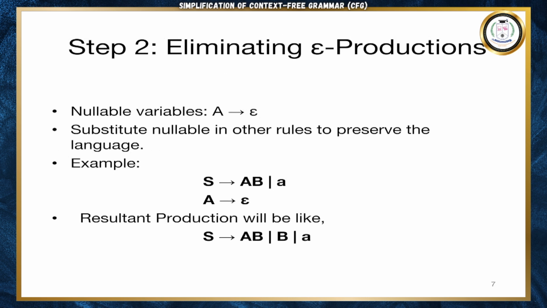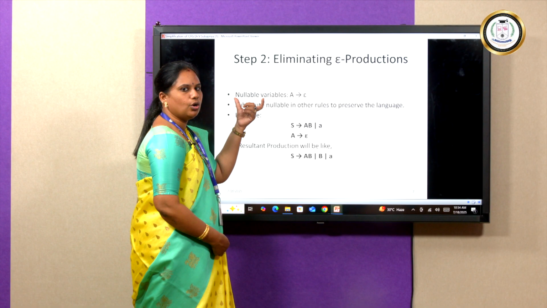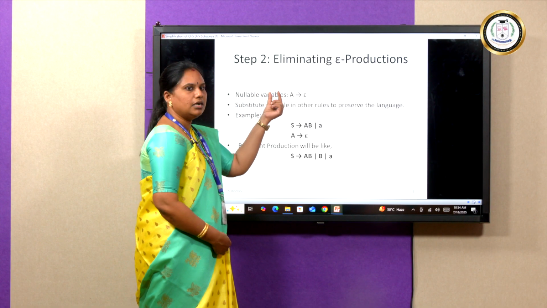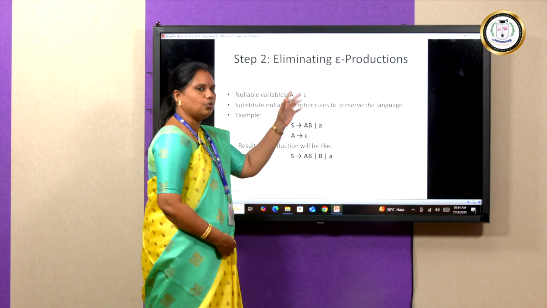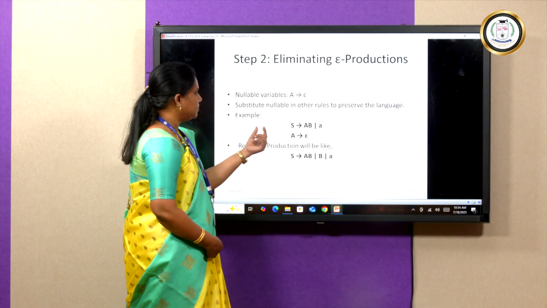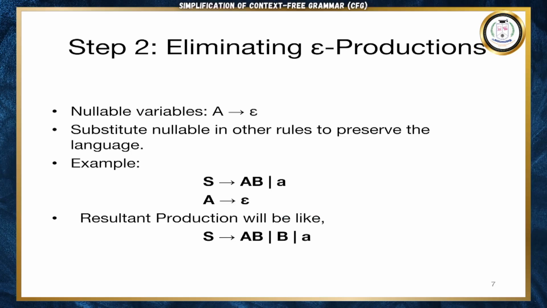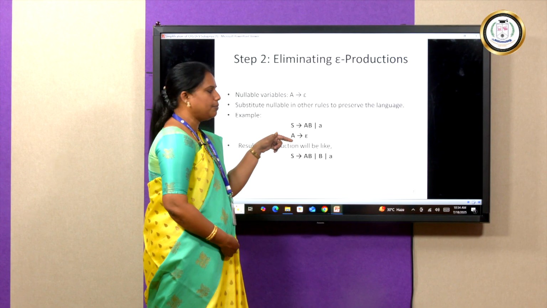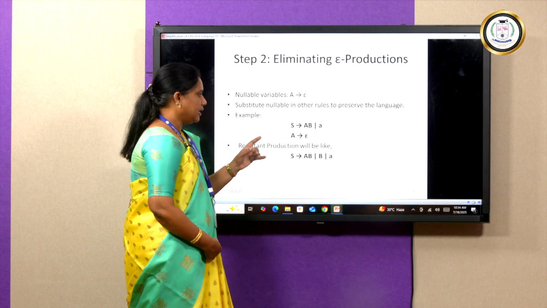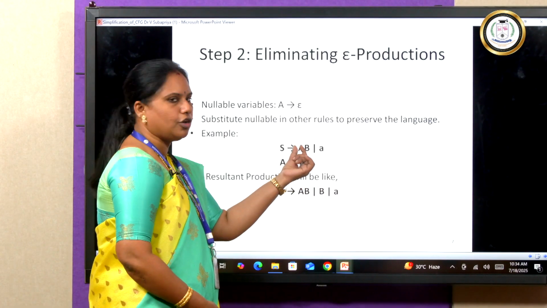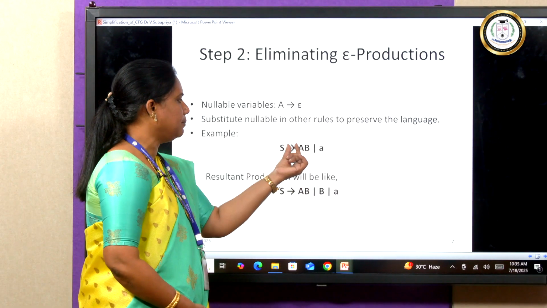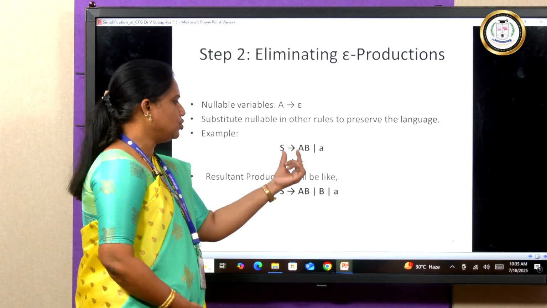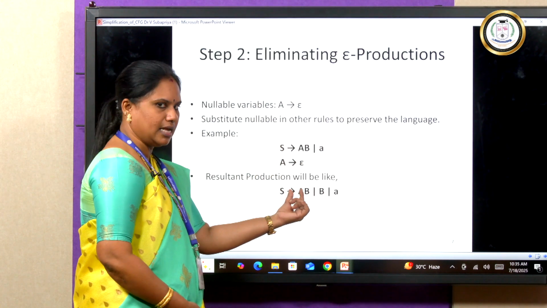The next step is eliminating epsilon productions or nullable productions. We call a production nullable when a non-terminal directly tends to epsilon. For example, S tends to AB or A, and A tends to epsilon. Here A directly tends to epsilon, so this epsilon production is eliminated by substituting epsilon in place of A. When you substitute epsilon in place of A here, S tends to AB will remain as such, and